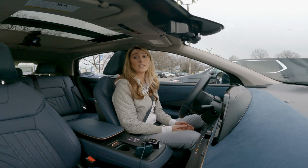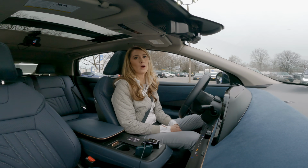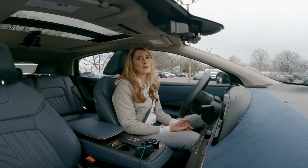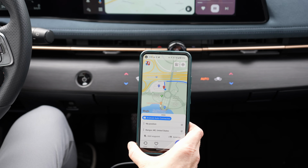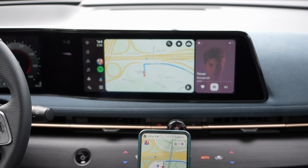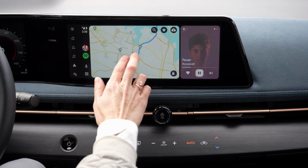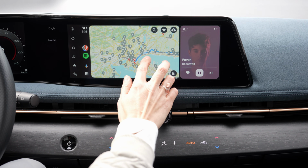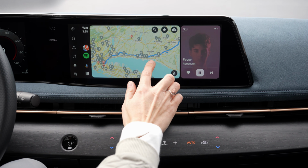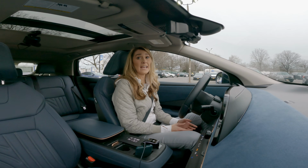Since I have a Google Pixel, I use Android Auto. If I had an Apple, then I would use the wireless Apple CarPlay, but I tend to rely on my Android Auto and third-party apps like A Better Route Planner for this vehicle, because I have found that the in-vehicle routing is incomplete. Sometimes it puts slower chargers on my route when I'm going really far, like a level 2 instead of a DC fast charger. It also doesn't give real-time information about whether or not the charger is operational, if it's broken or not. And so I think it's crucial to be able to use things like Android Auto and Apple CarPlay in a